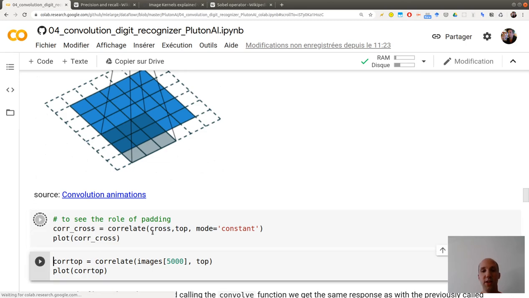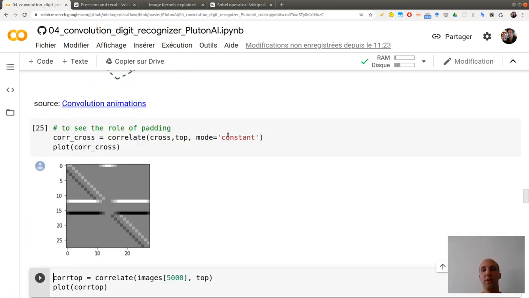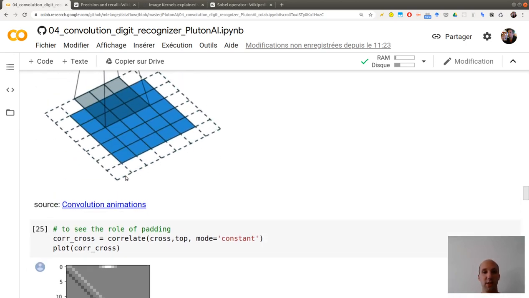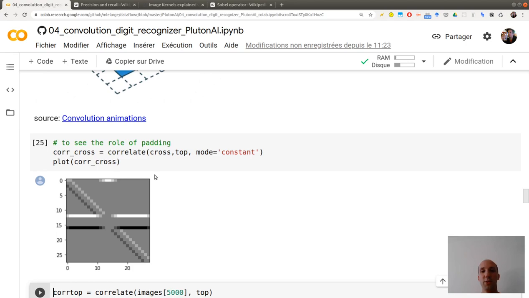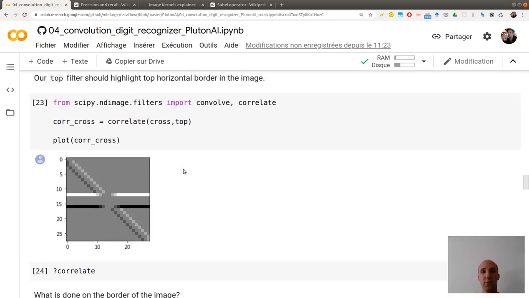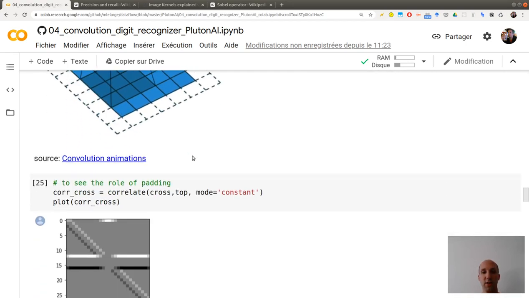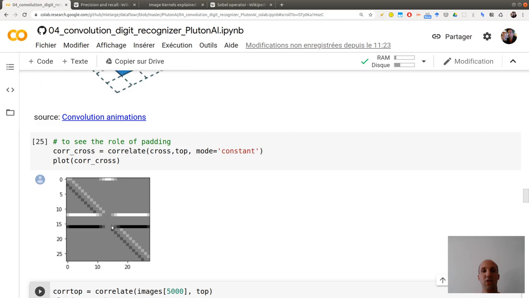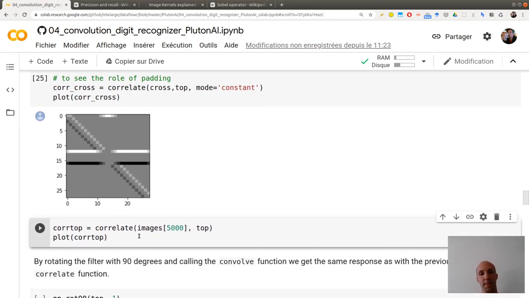So if you want to change the padding, for example to constant, which means that I'm taking these pixels to be black by default, I am obtaining something a little bit different from the original padding here, because you see that now I'm highlighting also this white edge at the top of the cross.